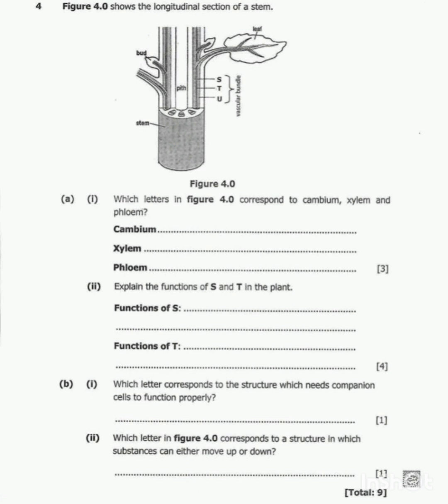Now don't say phloem, just mention the letter. If you write phloem, you won't be marked. Just write the letter U. Okay, so we're done. Let's move on to